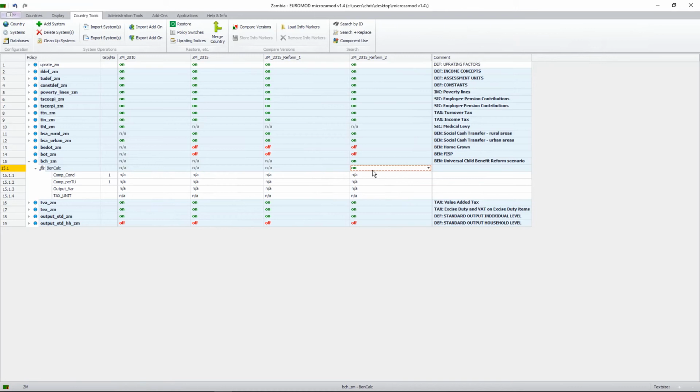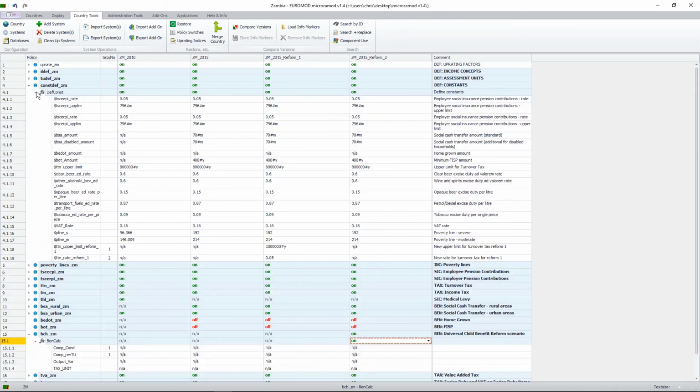So my first step would be to add the benefit amount, the amount that we're going to assign to all the children that are eligible, to the constants policy. It's quite easy to forget to do this, so I always tend to do it first. So if we go to our const def policy, open that up, go to our def const function, right click